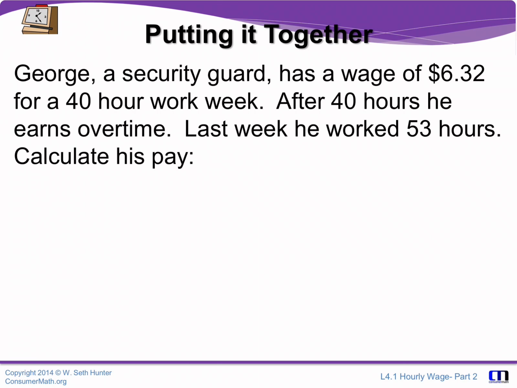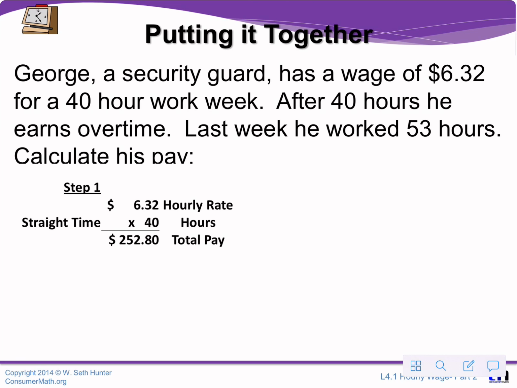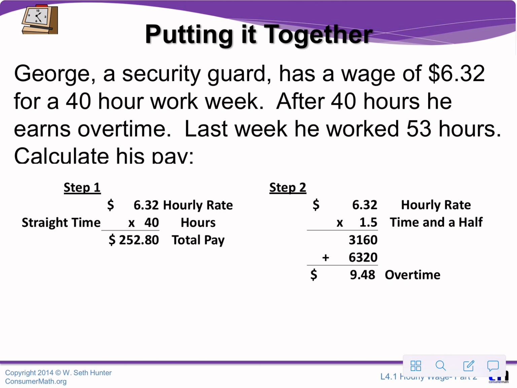So putting it all together, George, a security guard, has a wage of $6.32 for a 40-hour work week. After 40 hours, he earns overtime. Last week, he worked 35 hours. Calculate his pay. So figure out his regular rate first, and then he would have 13 hours of overtime,